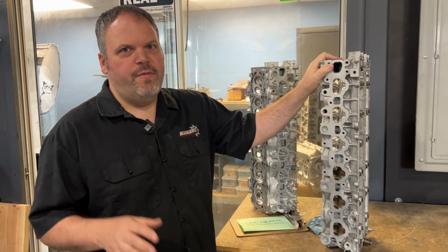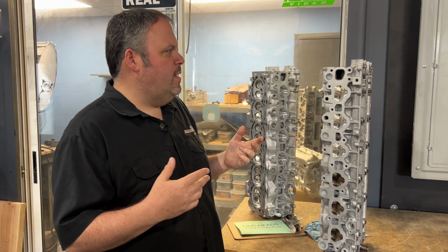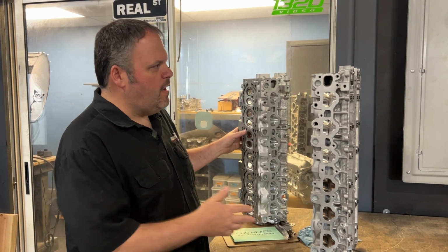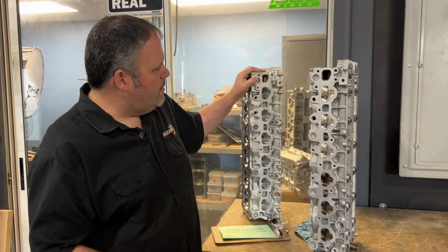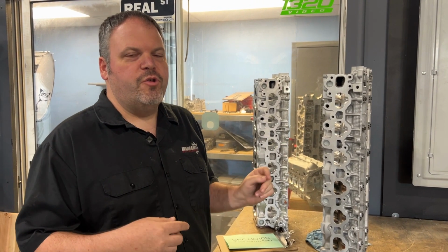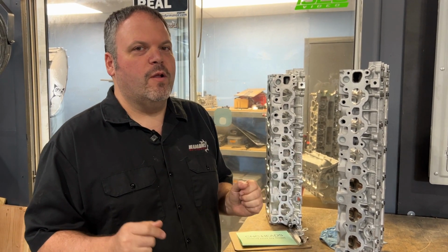Now, everybody thinks that digitizing is super easy. You can just cut and play, but we're still learning the machine. So that means that we have to figure stuff out. And so we had a couple heads here that we're trying to figure out and cut our first GE cylinder head. So we did a GTE, and we're going to do the GE, and we also have the 4G. We're going to do the Coyote next. There's a lot, or maybe even the RB next. I'm not real sure what we're going to do next, but